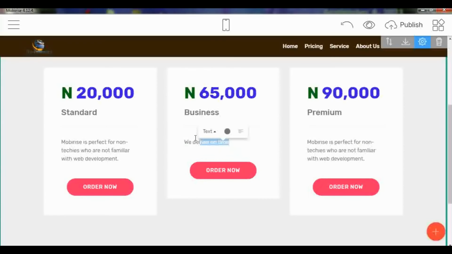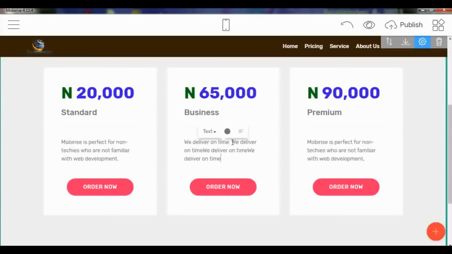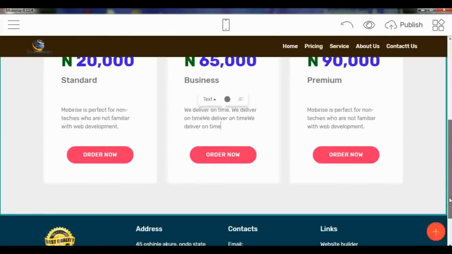So since I don't have too many things to type, because I want to make this video very short as it can be, I will just copy this one, put a full stop, then just paste them until you reach 3 lines. If I don't reach 3 lines, the other buttons will not be equal. Hope you understand what I am trying to show you.